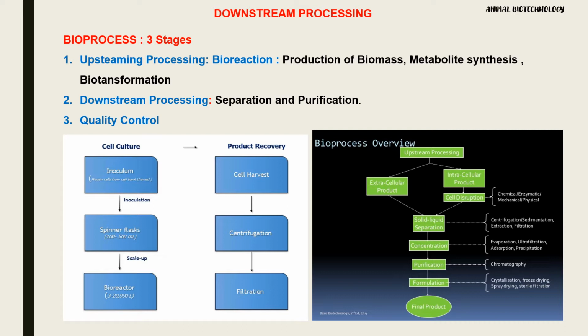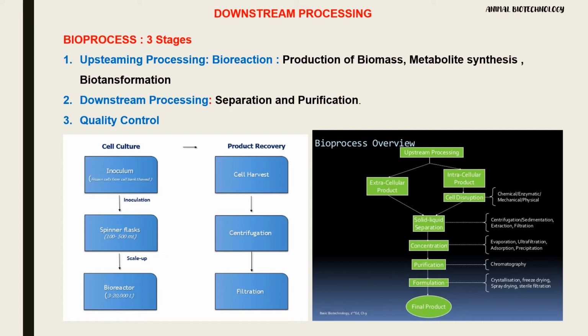Upstream process involves scale-up processes like production of biomass and metabolites. The downstream process involves the extraction, separation, and purification of the end product. The figure below shows a flowchart of the upstream and downstream process. The bioprocess starts with inoculating or seeding small-scale cultures into bioreactors for large-scale production of the product, that is,